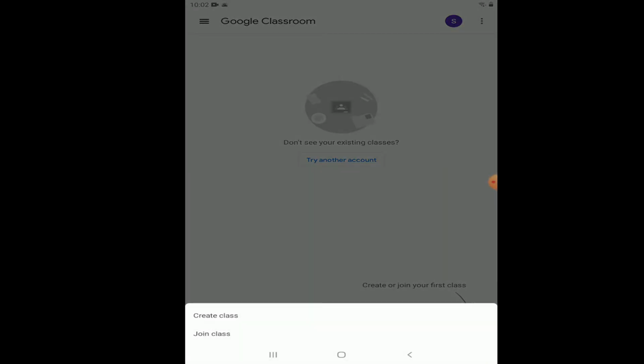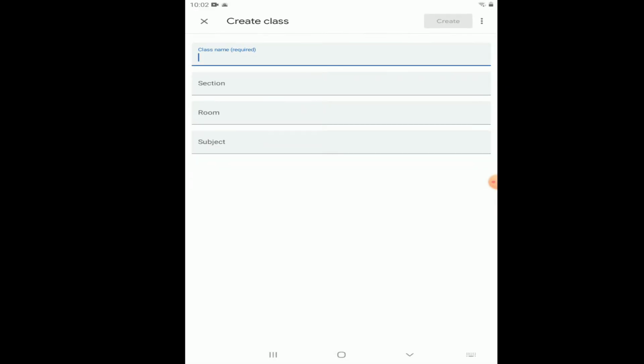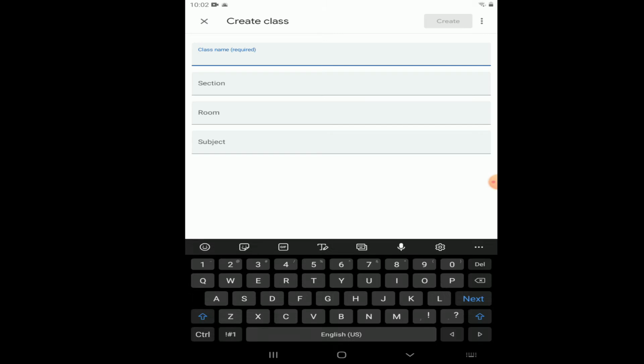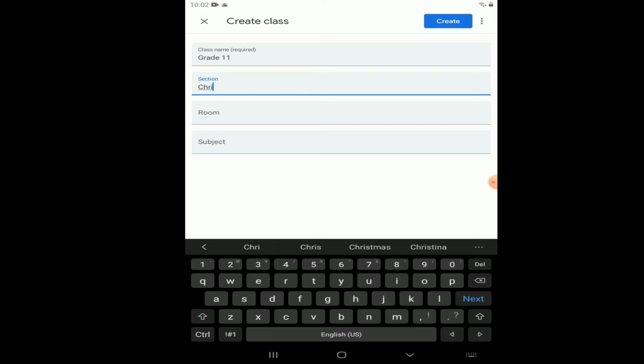You're going to press that plus button, create class, and you go in and you see class name. Now what do you want your class to be? So for example, if I'm teaching a grade 11 class, I'm doing class name, so it's grade 11, right? And a section, for me, what I put for section is the term. So you can write section 1 for the first term, or you can write Christmas term. So I could write Christmas